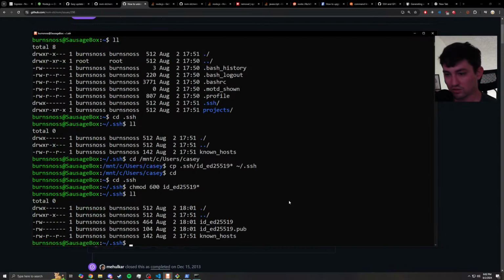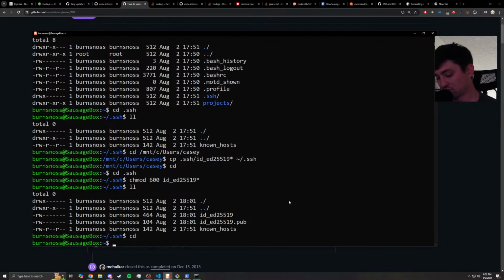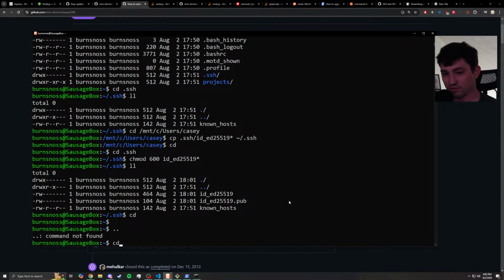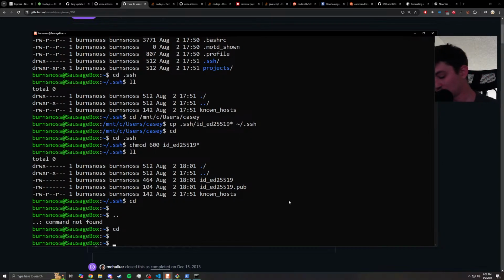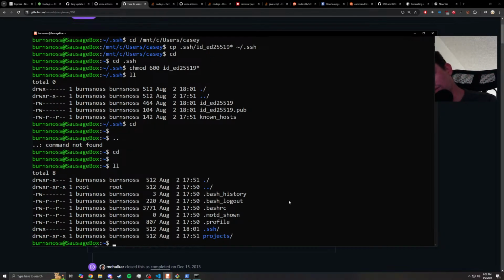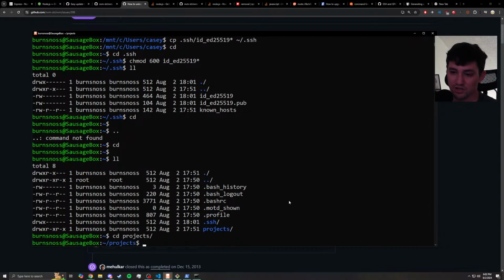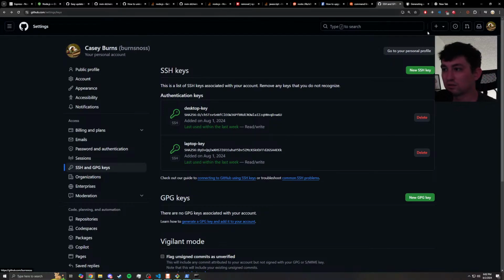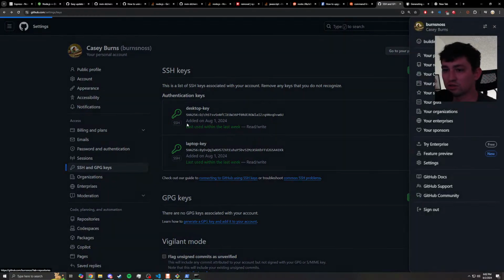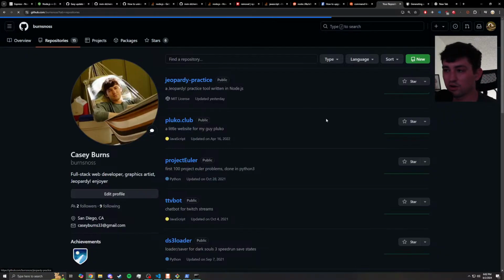All right, so those are chmoded correctly, which means I've given them the correct permissions to be used. So now we have the SSH keys saved in various locations that are going to allow me to go to projects and then go to my repositories, Jeopardy practice,